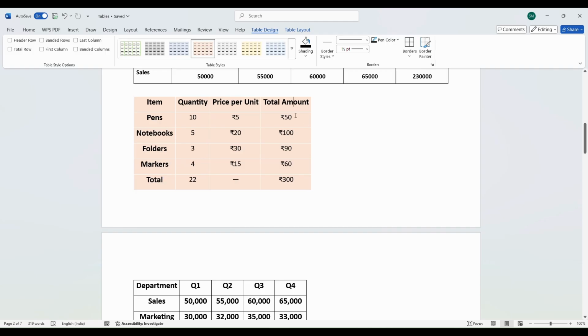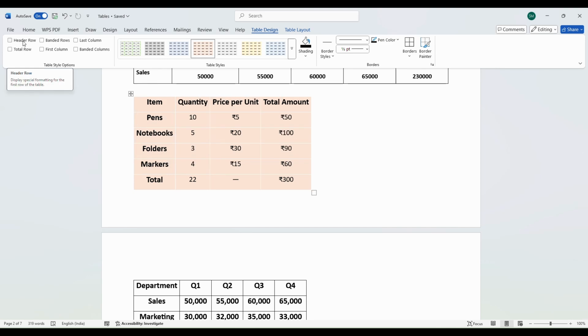And I'll also notice that there is a total amount column, which is the last column, which is also an important column that I want to be highlighted, and there's a total row which is also an important row, and I want this also to be highlighted. Now what I'll do over here is in this specific table, since I have all the four important aspects,